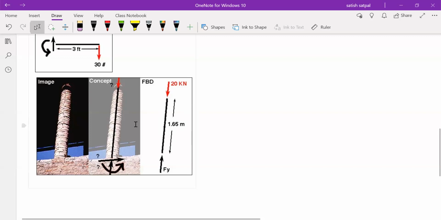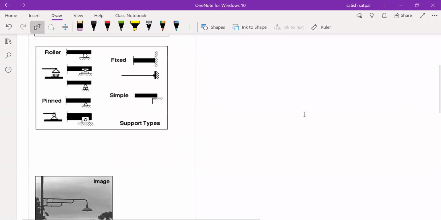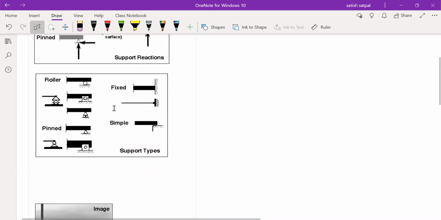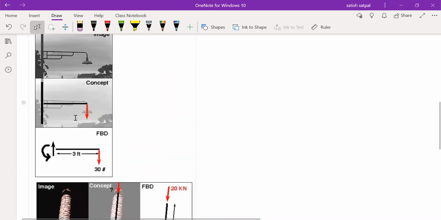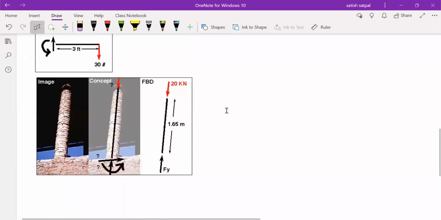Okay, so there are a lot of practical implications or applications of these concepts. To solve these practical problems, we should know these fundamental concepts: supports, their reactions, and how to transform a practical problem into a mathematical problem. Once you understand this, then what part is remaining now? Analysis.